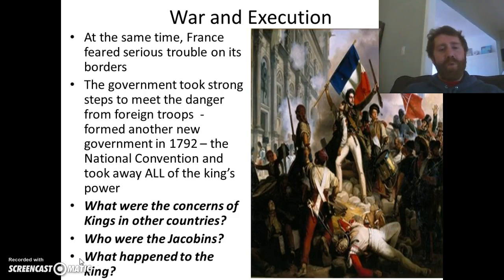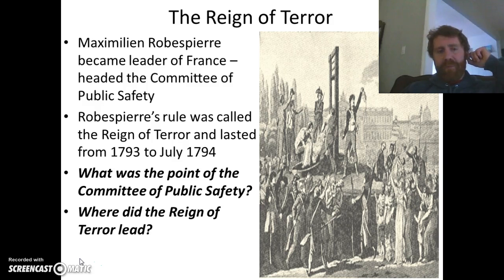Louis XVI will be executed on January 21st, 1793, by the guillotine, which was a new device that had been invented. If you're not familiar with it, it's a device where you put the head down at the base of this machine, and you release a huge blade that comes from the very top all the way down to the bottom, and cuts the head off. So Louis XVI has now been executed at the hands of these radicals, the Jacobins, and unfortunately Marie Antoinette will meet a similar fate.